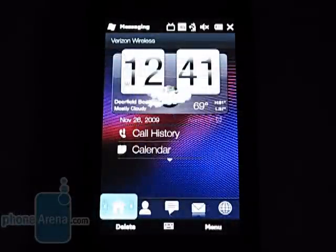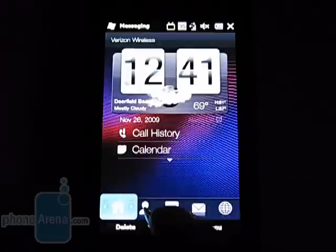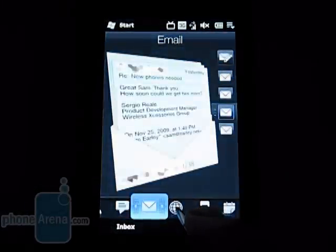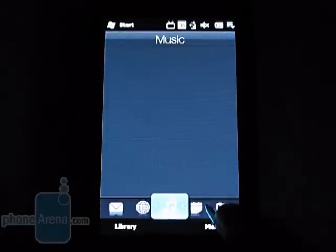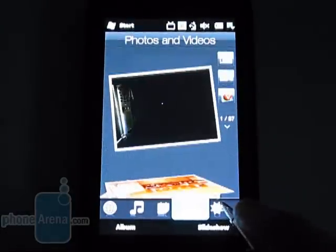One of the main differences between the devices is the operating system that is used. The Imagio runs on the most current Windows Mobile 6.5 Professional platform, but also features HTC's TouchFlow 3D user interface, which makes using the device less complicated and simplifies tasks. You have tabs across the bottom for the home screen, favorites, messaging, email, web browser, music, calendar, photos and videos,